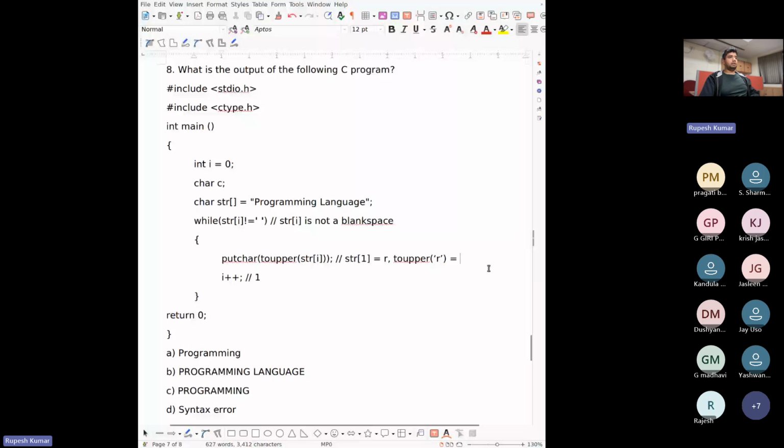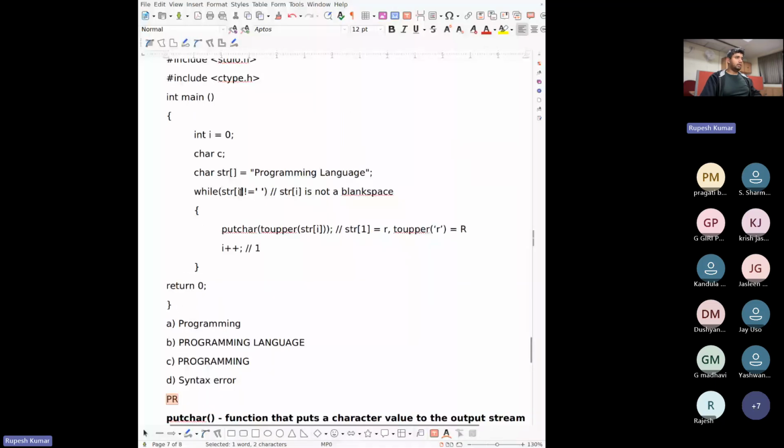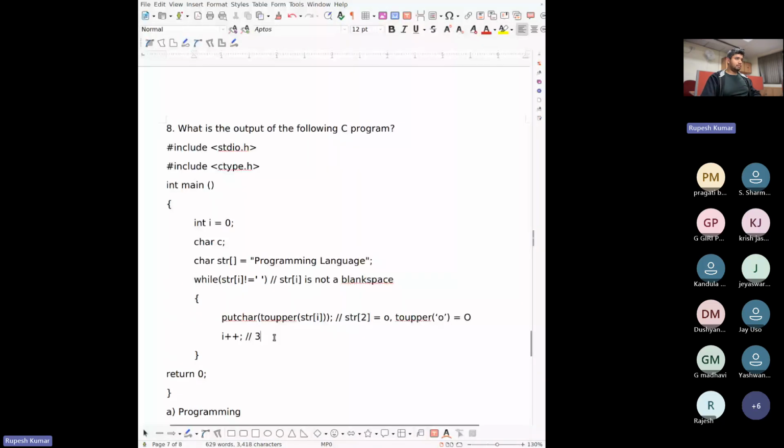It is capital R. So it prints capital R onto the screen. So PR. Now again, i becomes 2. str at 2 is o, and toupper of o is capital O. So it puts capital O onto the screen. So it prints PRO.